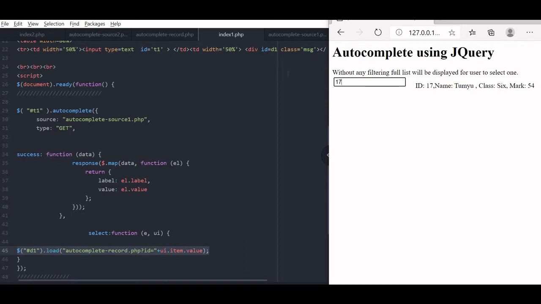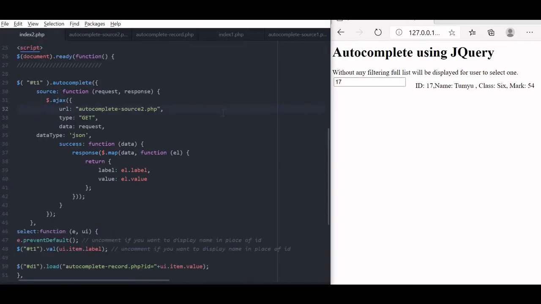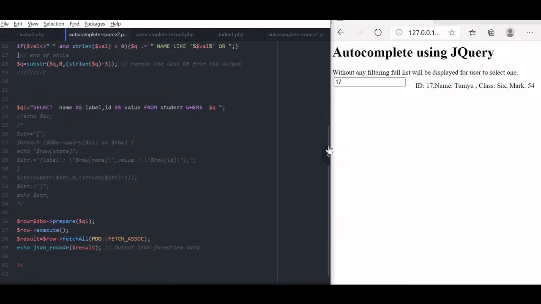So, for that purpose, we will use index2.php. This is there in your downloaded zip folder. Now, you see we have changed the URL, we are pointing to autocomplete source2.php. Now, what does this autocomplete source2 do? Actually, here is the code.